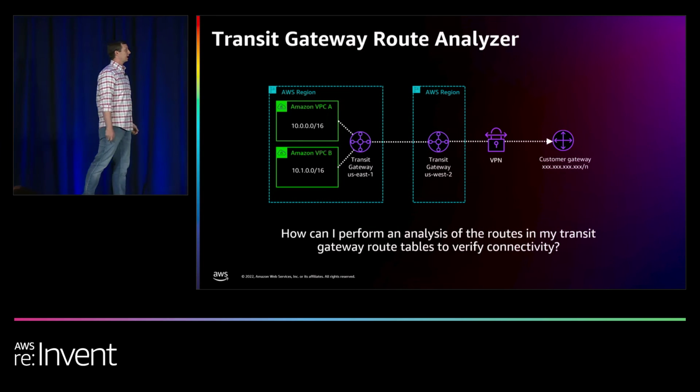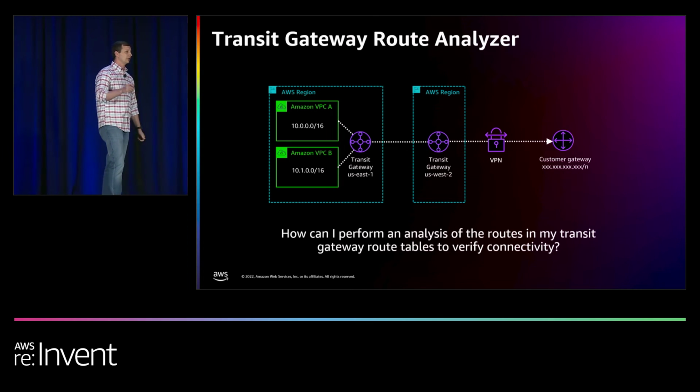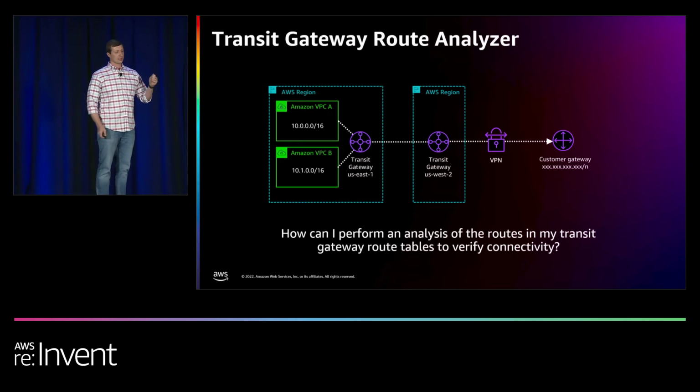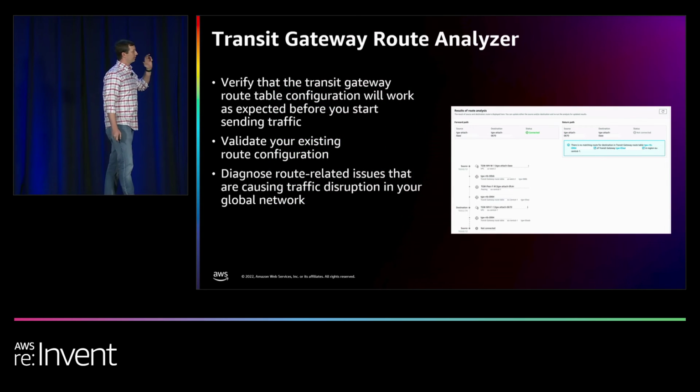Same question comes up: I have all these transit gateways, I'm peering my transit gateways, I have a source attachment and a destination attachment. How can I validate whether traffic for a certain destination IP address can get through my route tables, through the transit gateway? We provide a similar type of visualization tool where you'll start at a source attachment, you'll give